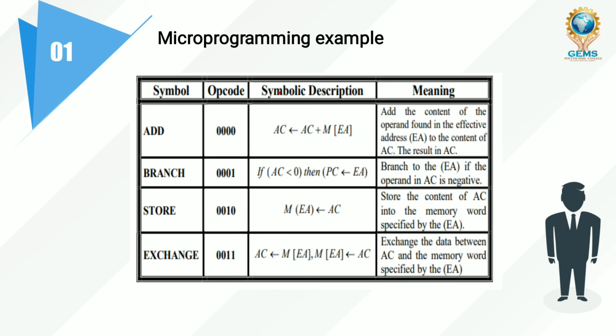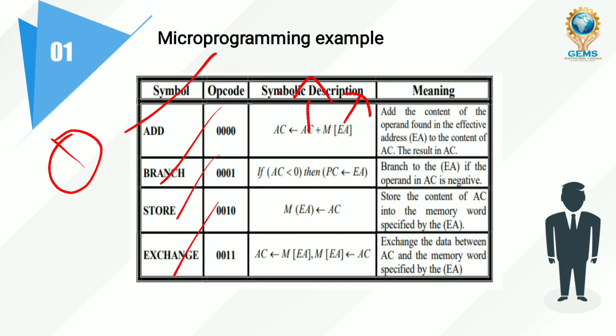Here 4 kinds of operations are there. Here 1, 2, 3, 4. There are 4 kinds of operations exclusively, and they are performed by the micro instructions. Based on the first instruction executed, when the first instruction is executed here, what happened? Then data is going to the memory, in the memory some address is there, accumulator is there.